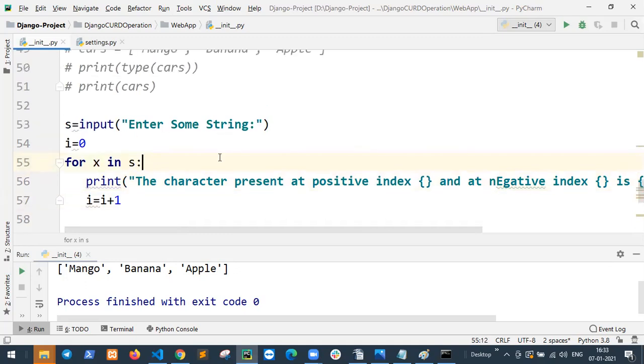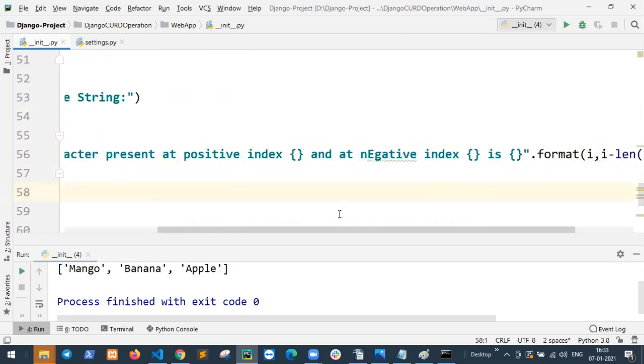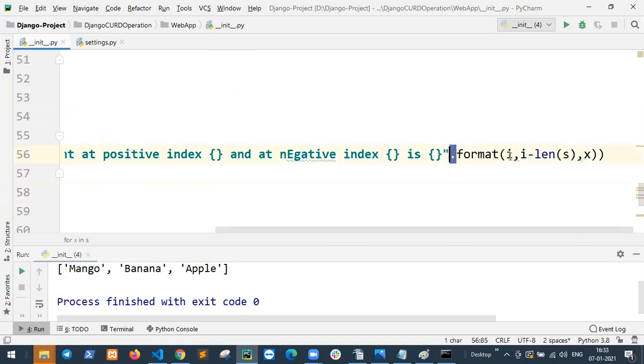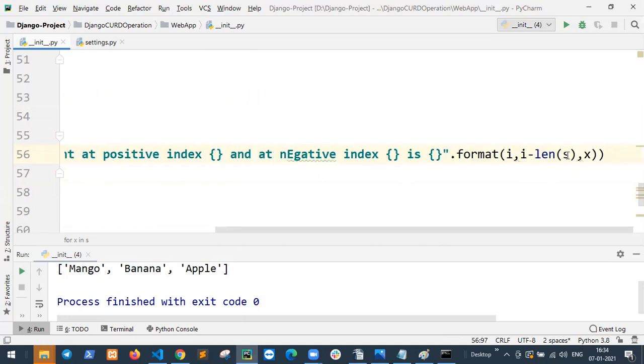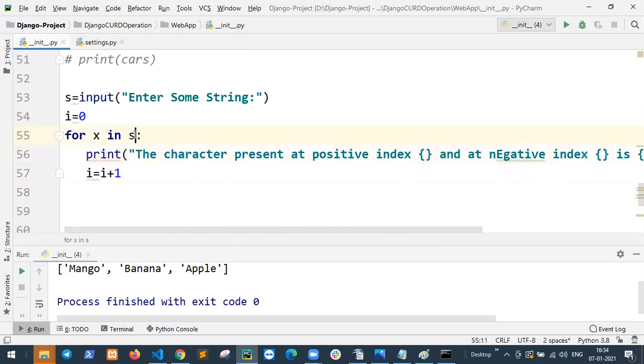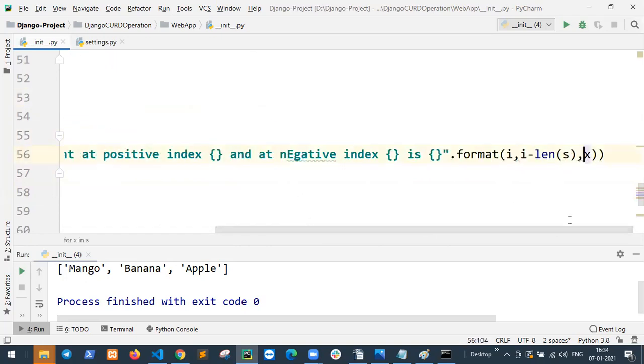s equal to input, enter some string, i equal to 0, for x in s, print the format of i comma i minus len of s, meaning the total length of the string, len of s minus 1, and x.